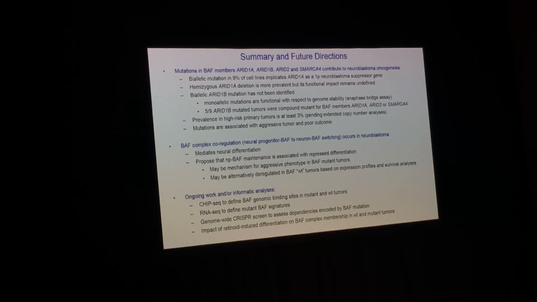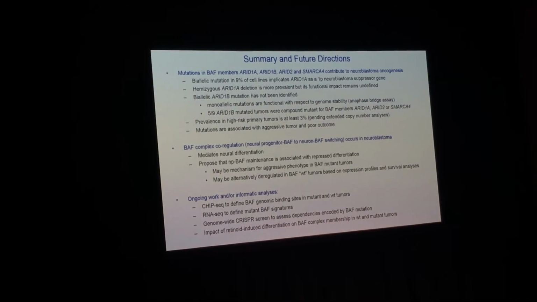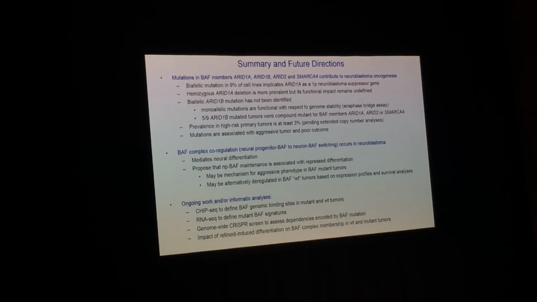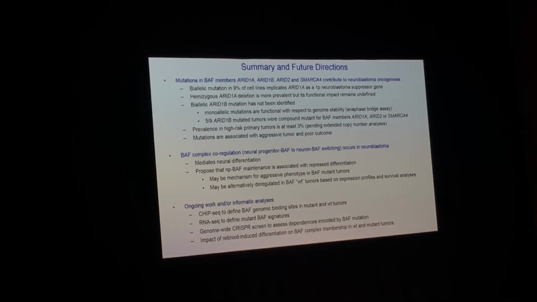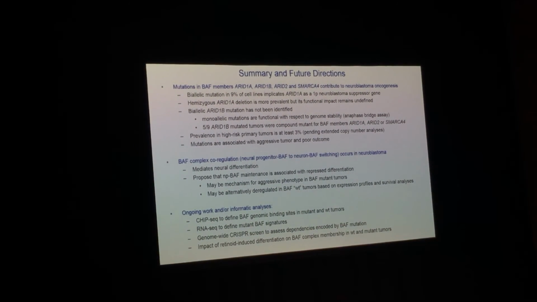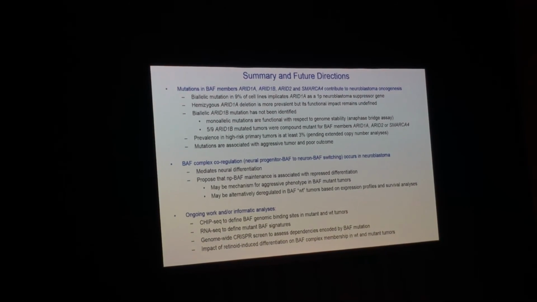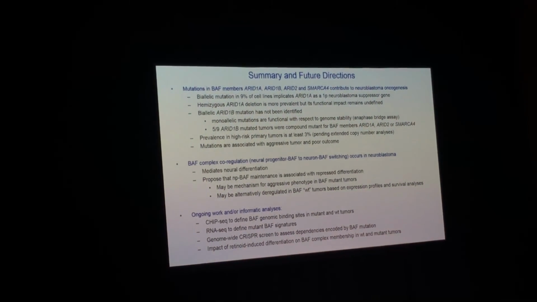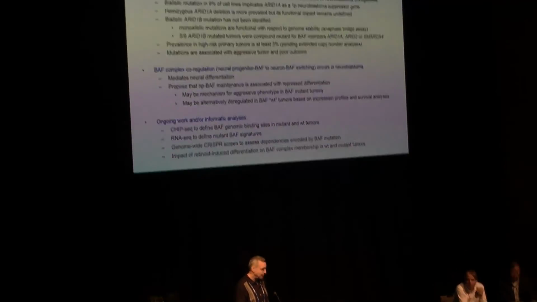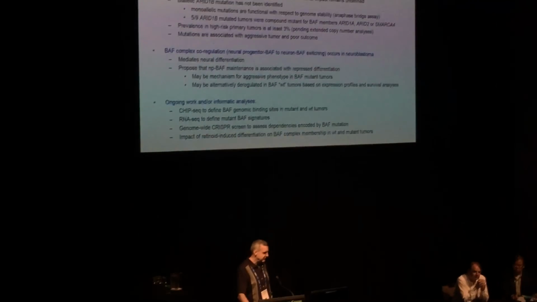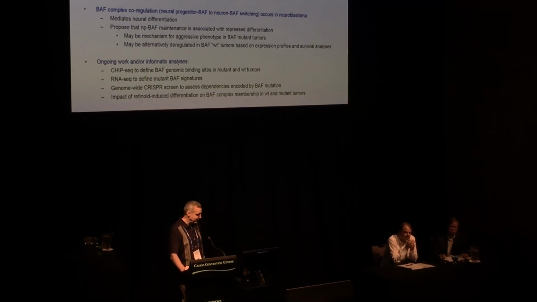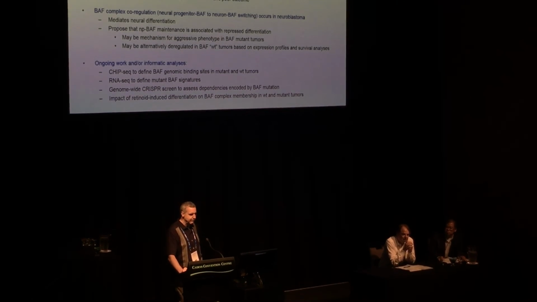So the summary, I will just hit the high points. We think mutations in the BAF complex are common. We believe that biallelic inactivation of ARID1A strongly supports it as a 1p tumor suppressor gene, a classic Knudson biallelic gene. The prevalence of these mutations is higher in cell lines, but significant in primary tumors as well. There seems to be co-regulation of this complex with differentiation held up, seen in neuroblastomas with more aggressive behavior and poor outcome, and we have a lot of work to do to better understand